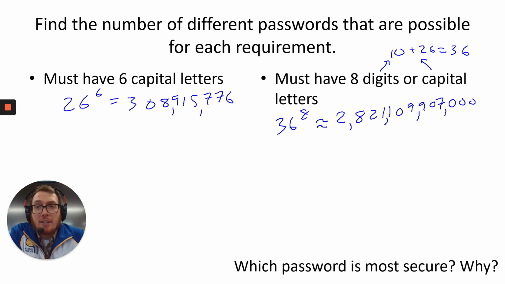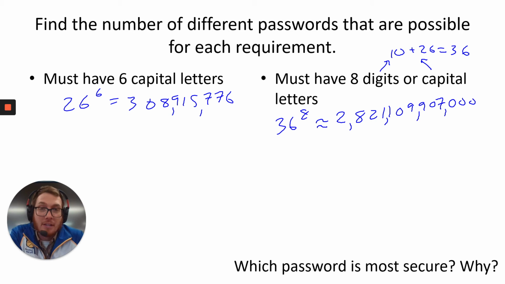Now let's change that to capital letters. So if there are 6 capital letters, I'm using the standard English language for this, so the 26 letters of that alphabet. If it was a different language, it would have a different amount of options. But it would be 26 to the 6th power because it's 26 each time. Everything can repeat itself. There's no issue with repetition. So 26 to the 6 would be just over